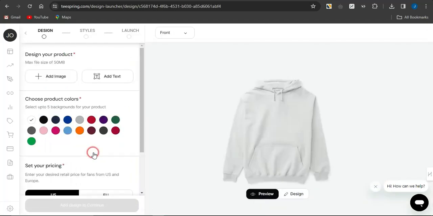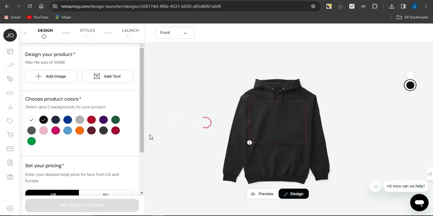You're actually going to be able to see more details right here, from which I can go into designing my product. I can select the colors I want to be shown for that particular product. As you can see, there are different colors. Once I do that, you can click on add image, which is the image that you downloaded from that particular AI tool called Leonardo AI.